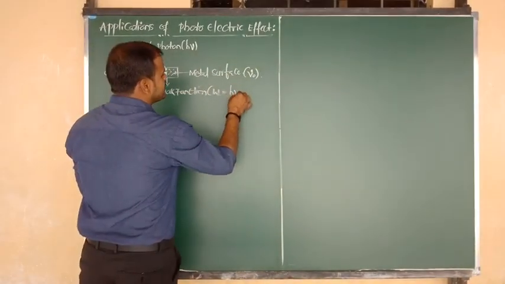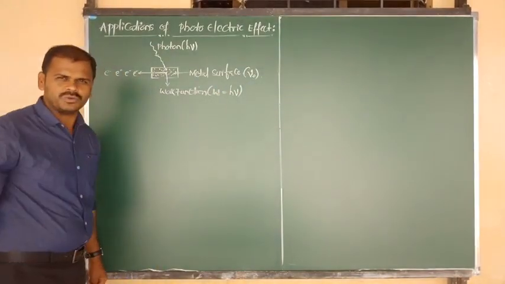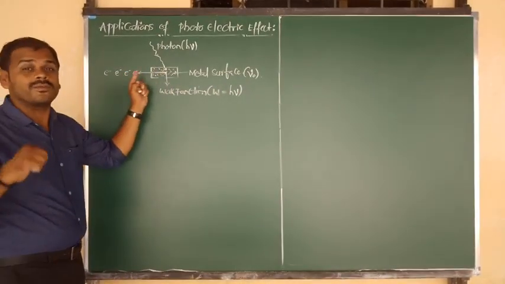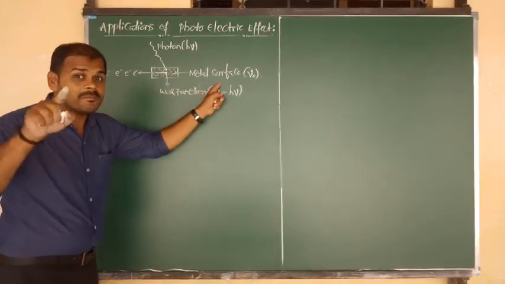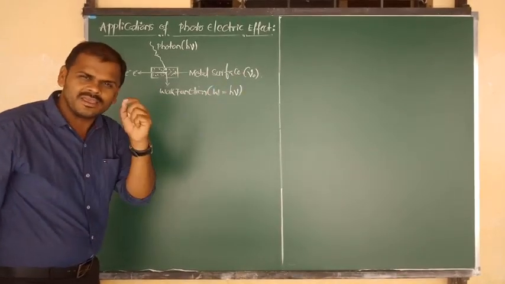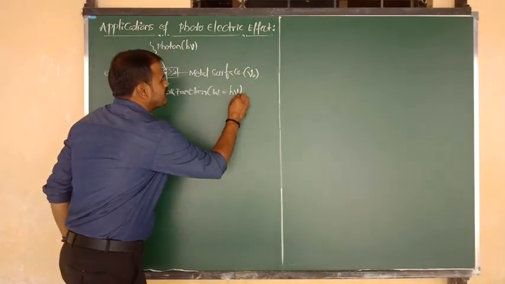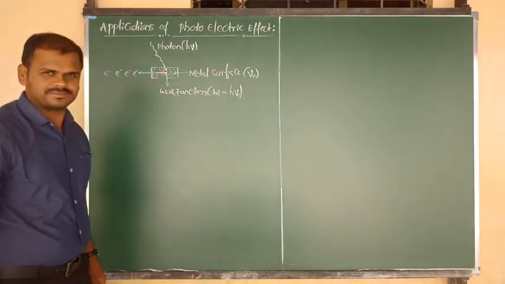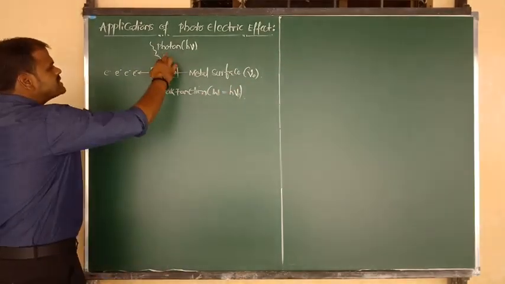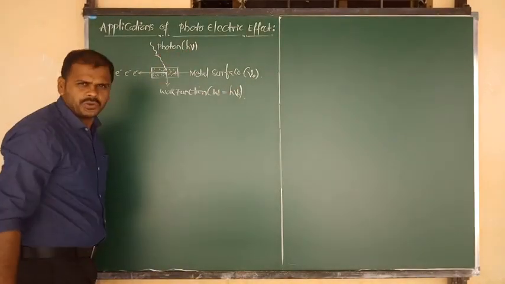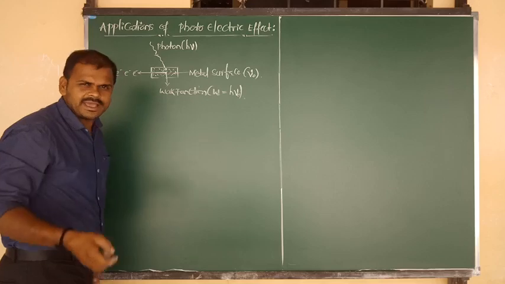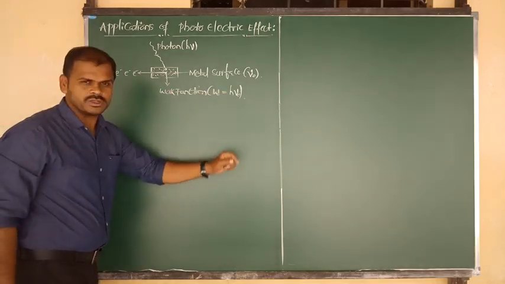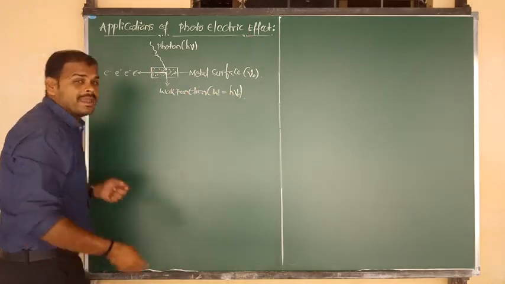So the energy is in the form of quanta, h nu. But here the energy is required for the removal of an electron from where? From the metal surface. But the metal surface contains what frequency? Nu naught frequency. So in place of W we write h nu naught. Now, suppose the total photon energy is h nu. A part of its energy we utilize for the removal of the electron, that is equal to the work function. And what about the remaining energy?